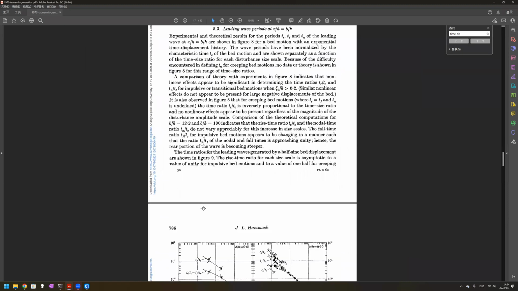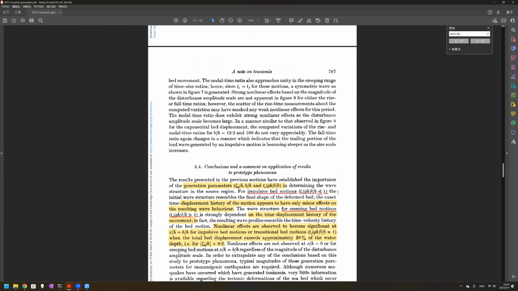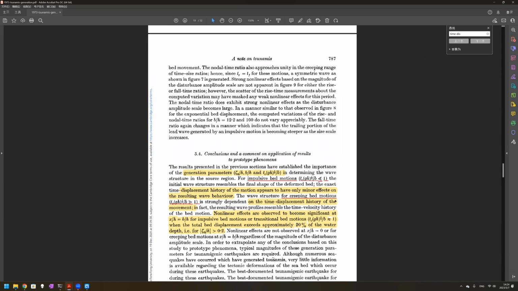So we jump right to the conclusion of the experiment, how it fits with the linear theory. And so for impulsive bed motions, the initial wave structure resembles the final shape of the deformed bed, except the time displacement history does not really matter. For creeping bed motion, it's strongly dependent on the time displacement history. And the research goal, the nonlinear effects, are observed to be significant at the downstream edge, the far right edge of the deforming width,